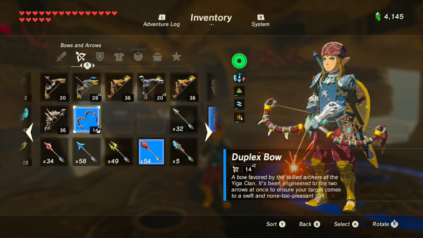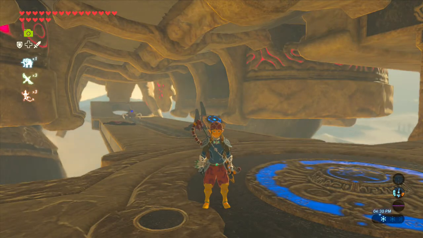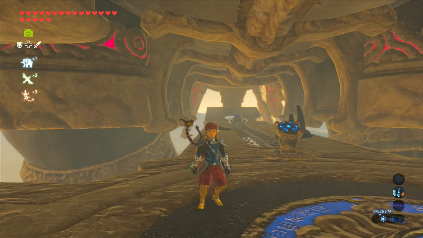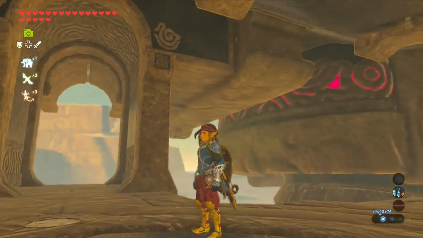So yeah, for that, and really for any of the divine beasts, if you have something that shoots out multiple arrows, use it, because it definitely helps out a lot. Anyway, with that, we're probably good to call it a day here. So, next time on Let's Play The Legend of Zelda: Breath of the Wild,